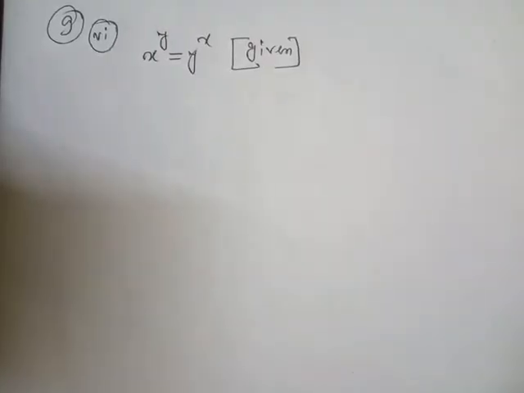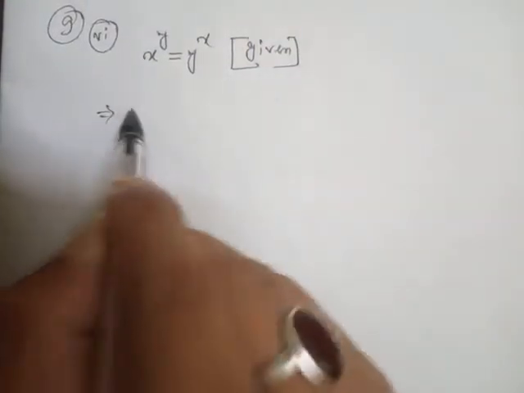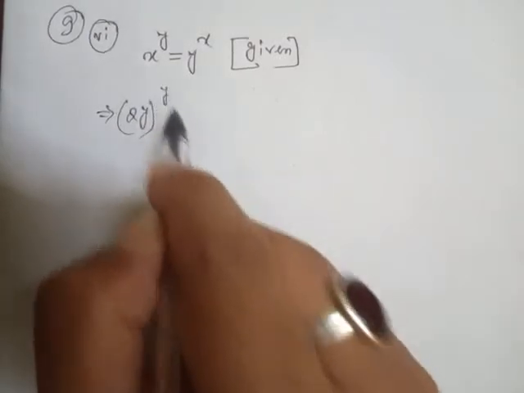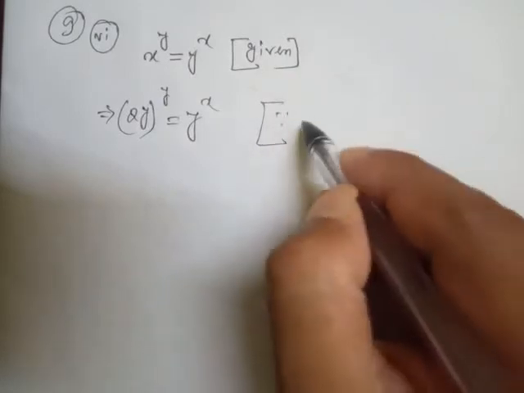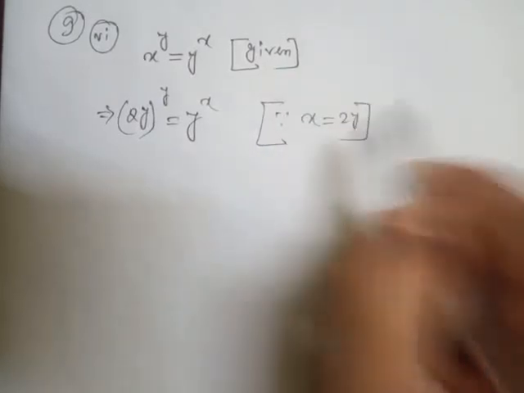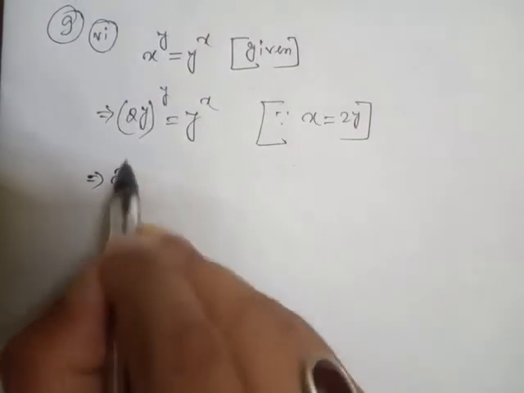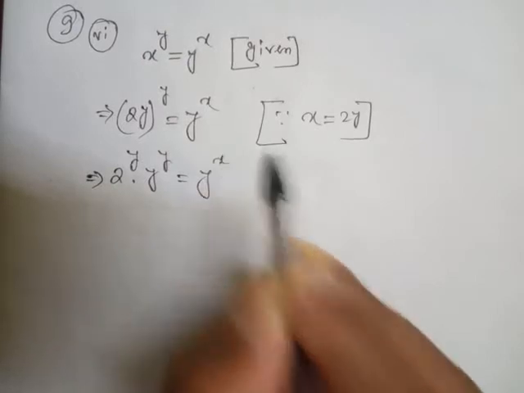The given condition is x to the power y equals y to the power x. Now one more condition is given here, that x equals twice y. So in place of x here I will just write twice y, whole to the power y, and that is y to the power x, because it is given in the question x equals twice y. Now look, just split up 2 to the power y into y to the power y equals y to the power x.